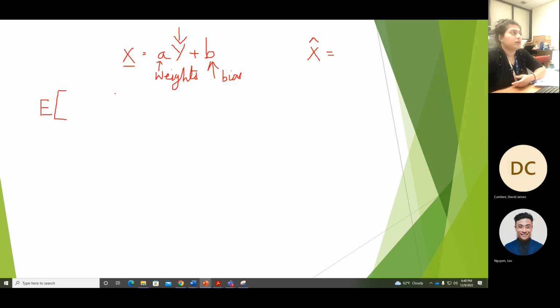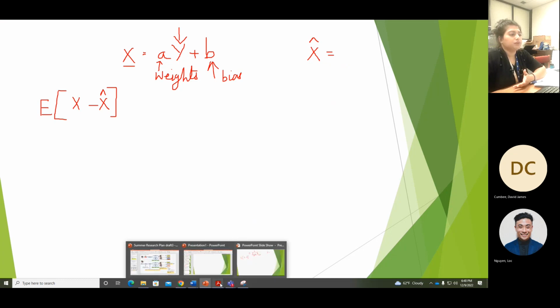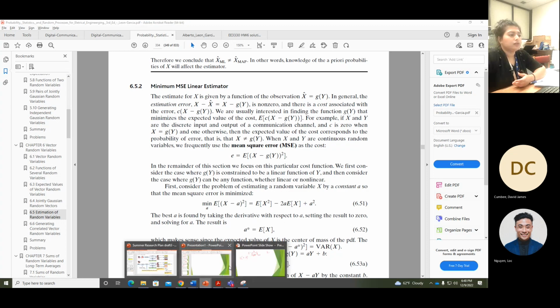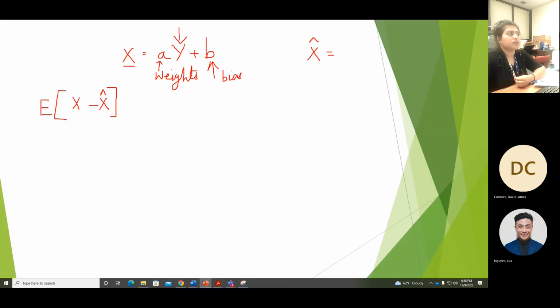But then how do we do that? We calculate the error. So that is X minus X hat, right? So this is the error that we have. Now, what does that mean though? I mean, okay, great. But then we have one set of errors and the other set of errors. So this can be a positive value or this can be a negative value. So then